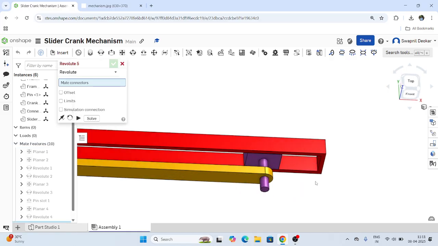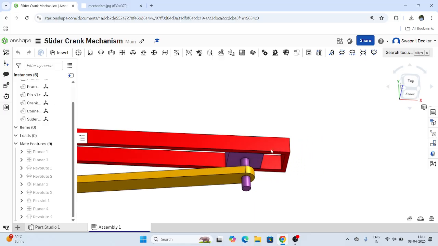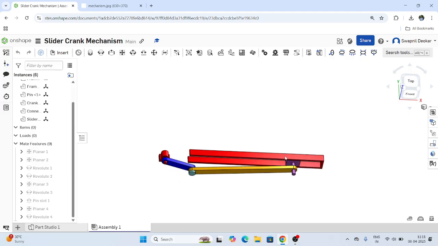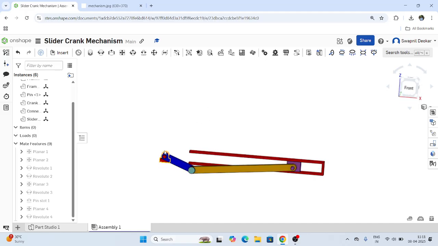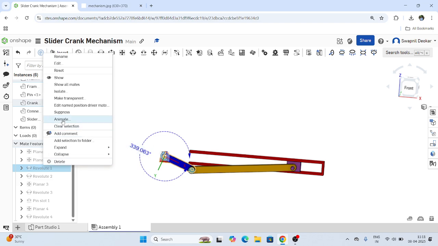Okay, now done. This revolute mate is also done. Close it. Okay, now this revolute, say animate it